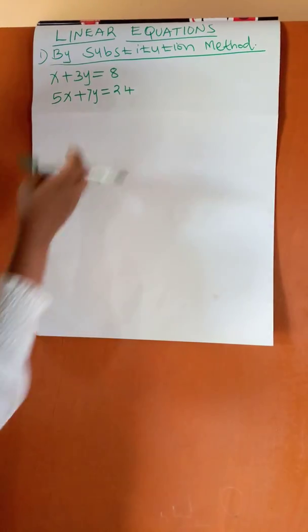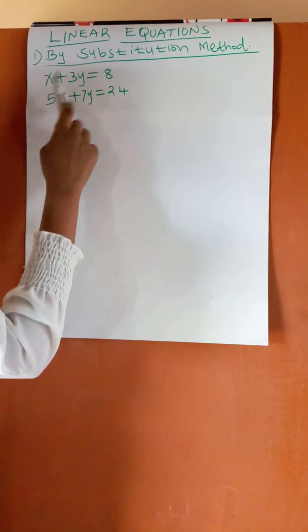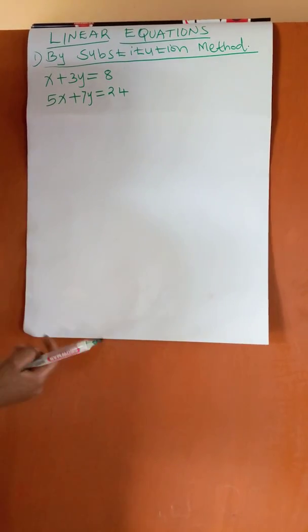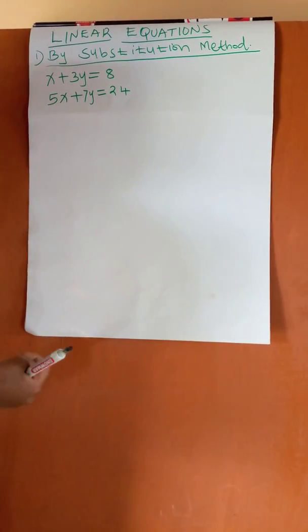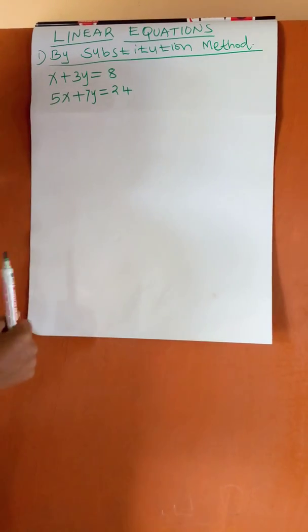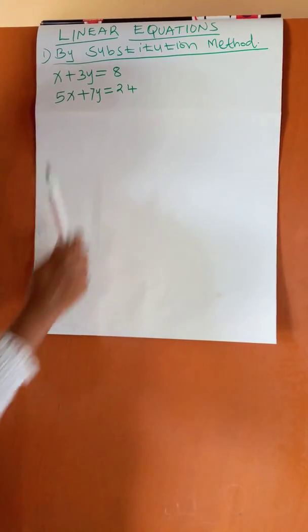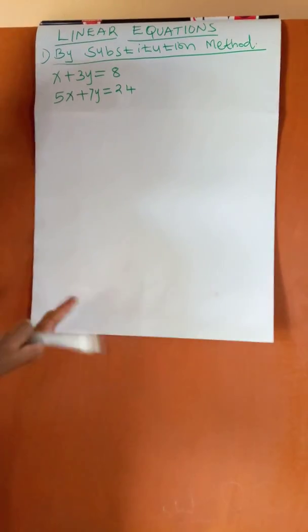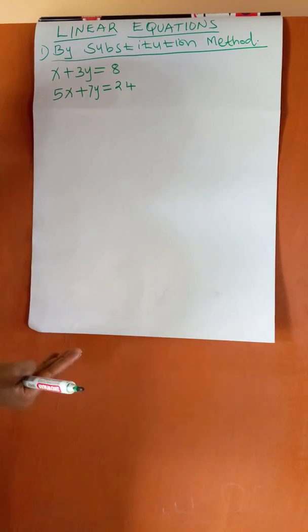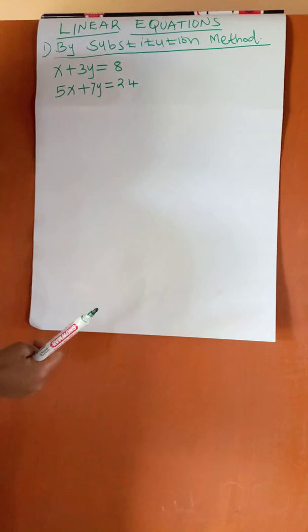Students, so today I want us to look at linear equations, and there are different ways of solving linear equations. Number one, you have the substitution method. Number two, you have the elimination method, and number three, you have the graphical method. So a linear equation is simply an equation between two variables that makes a straight line when plotted in a